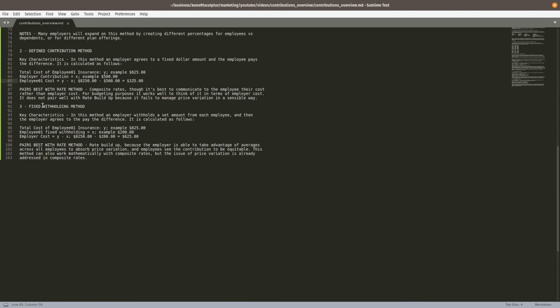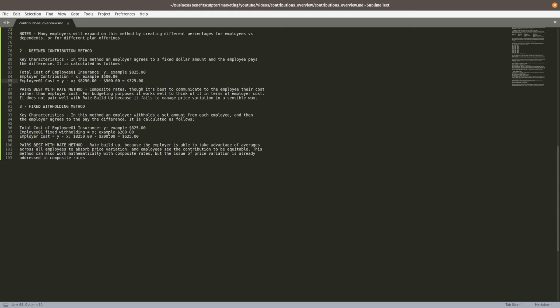And then the third method is the opposite of defined contribution, and this is actually my favorite method. It's fixed withholding. And what fixed withholding says is that as an employer, you're going to withhold the same amount from each employee, and you may break that up into classes. So you might say that, for employee only, we withhold this amount. For families, we withhold that amount. But you're going to pick a fixed amount. You're going to withhold that, and then as the company, you're going to pay the difference. And the reason I like this is because